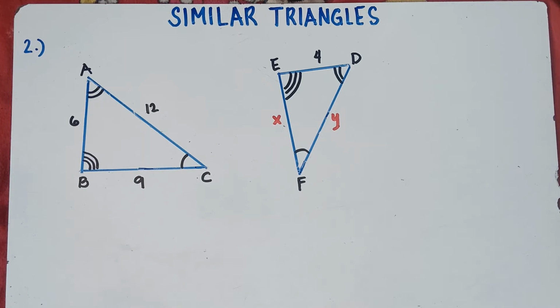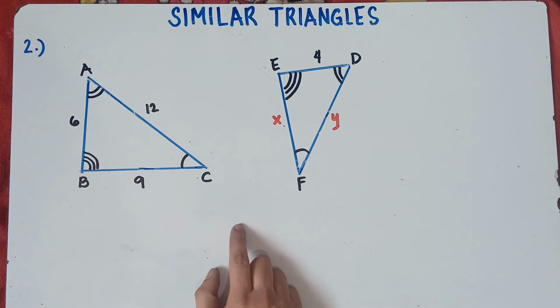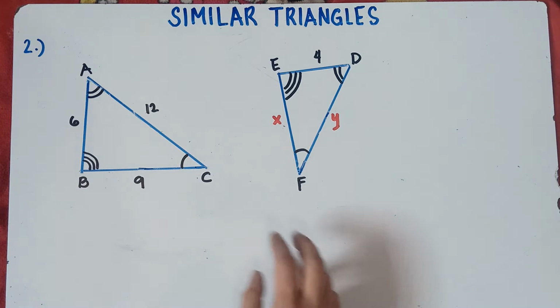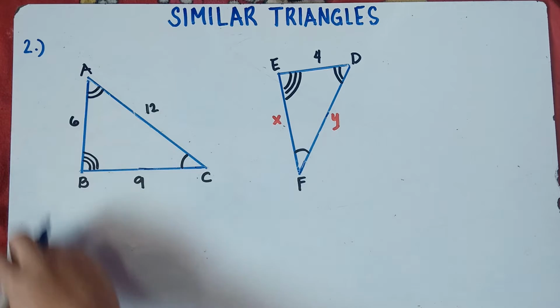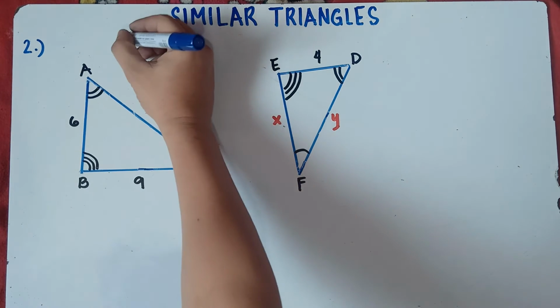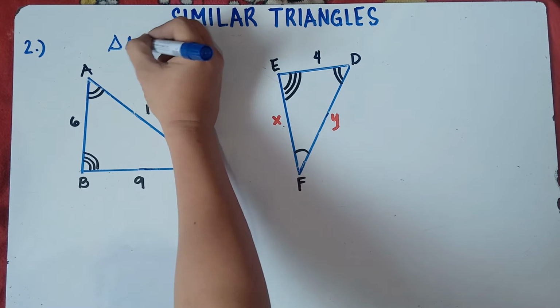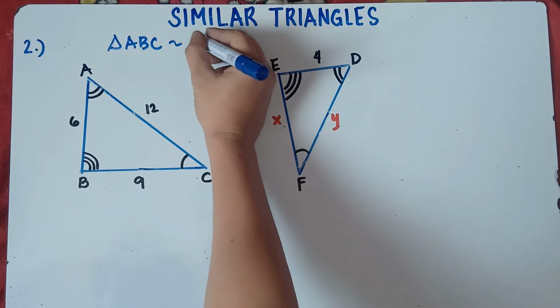Alright, so let's try number 2. So we have the given illustration, triangle ABC and triangle DEF. Once again, it has not been named, so we need to name this triangle. Always be careful, class, in naming the triangle. So let's say that triangle ABC is similar to triangle